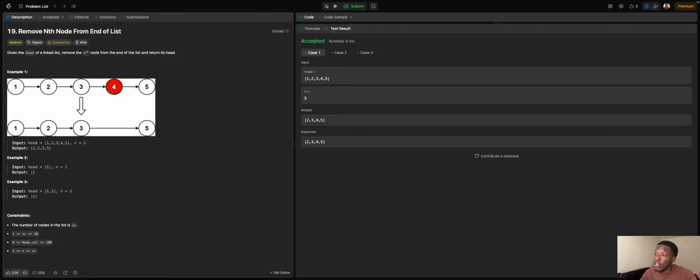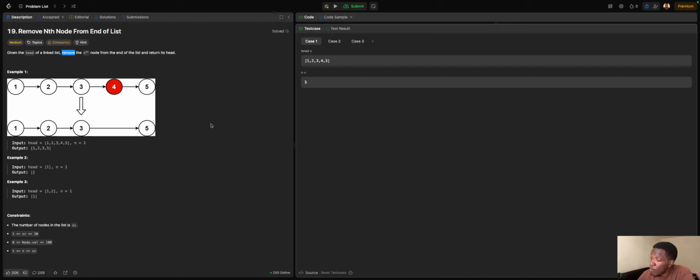Today we have the Remove Nth Node From End of List LeetCode question. So the question goes like, given the head of a linked list, remove the nth node from the end of the list and return its head. The question is pretty much self-explanatory, but